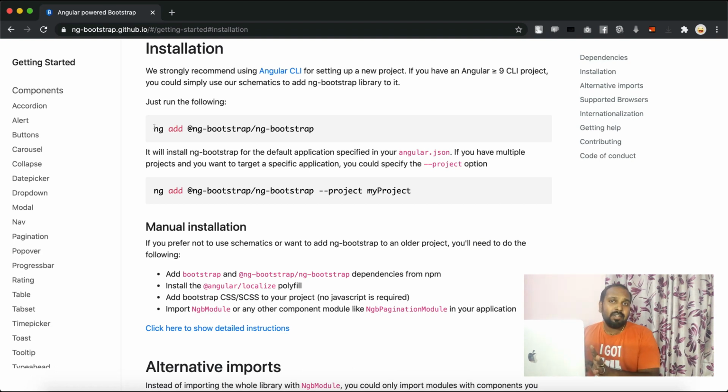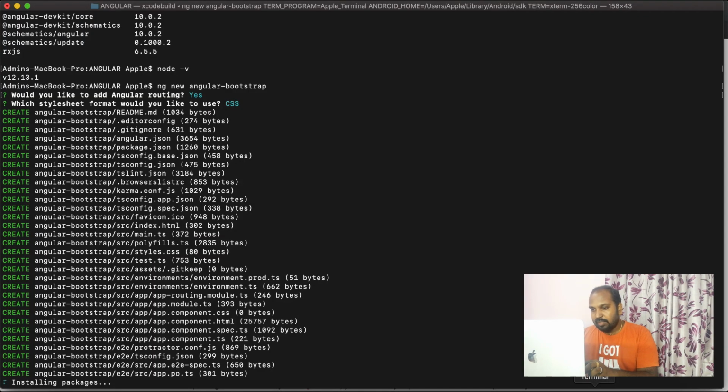This will add all the schematics needed for creating Bootstrap applications. There is no need to do any separate module imports when we use this proper installation. Let me check whether the new project creation is completed or not.